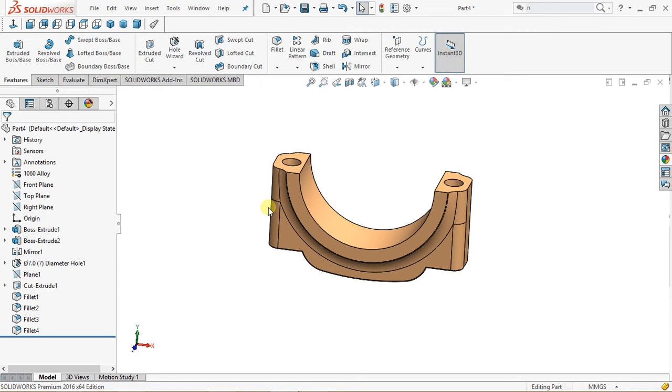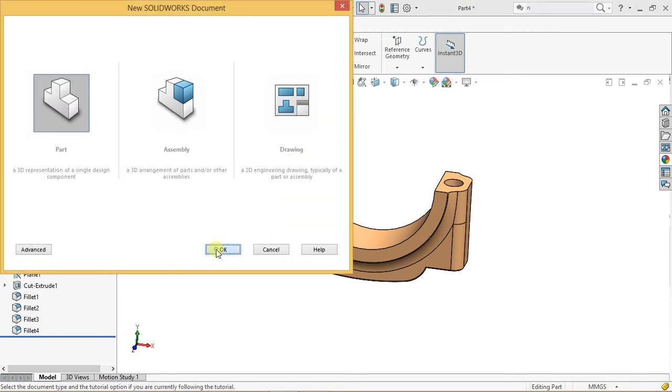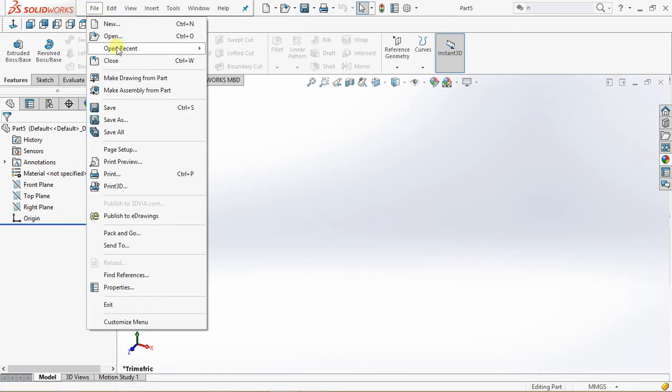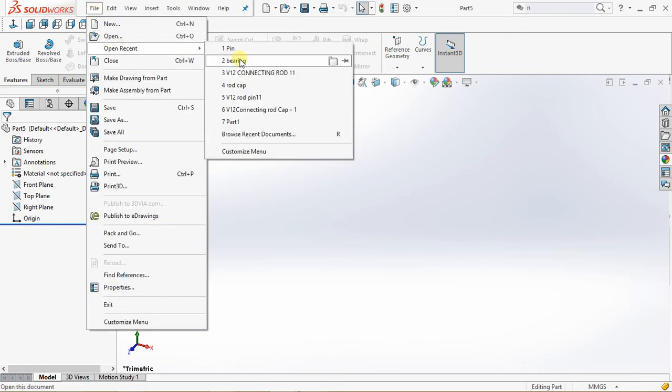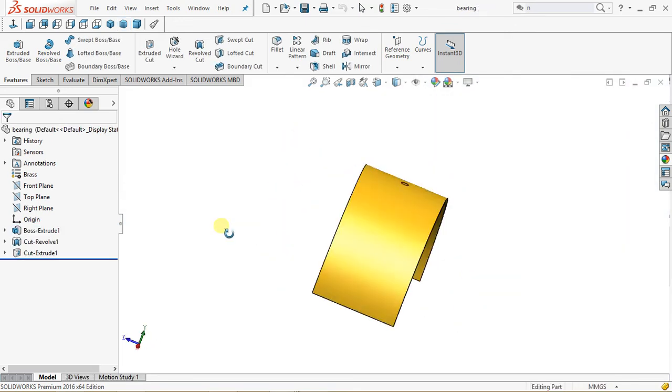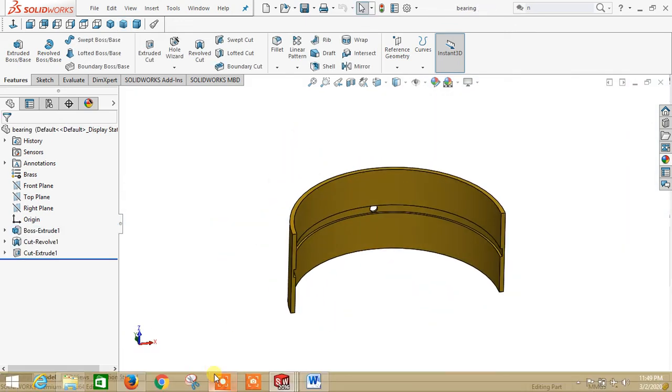Now, new page. We are going to design the bearing. We're going to design this bearing as is seen here. Okay, what we are following: